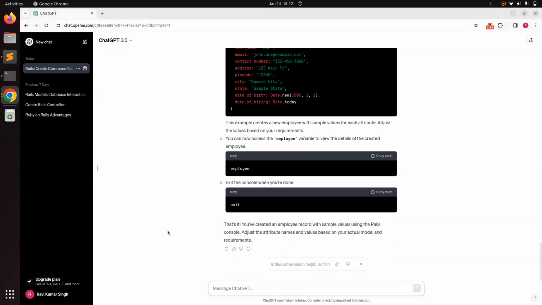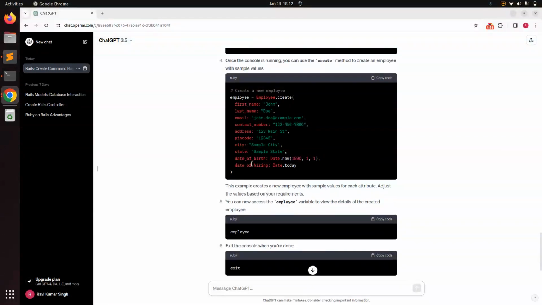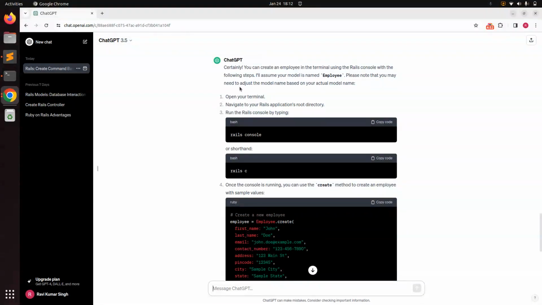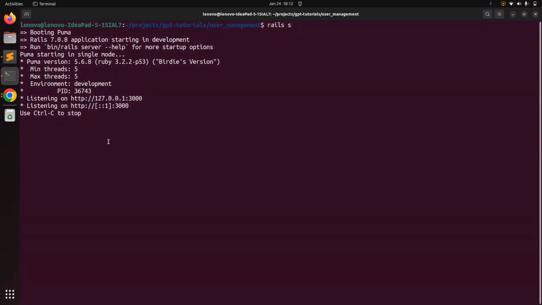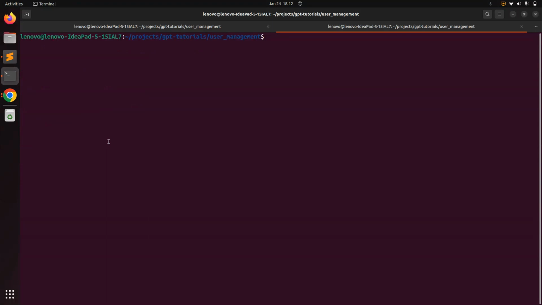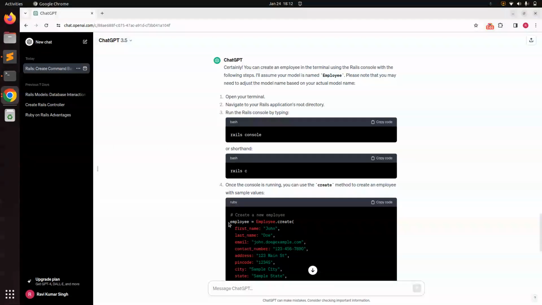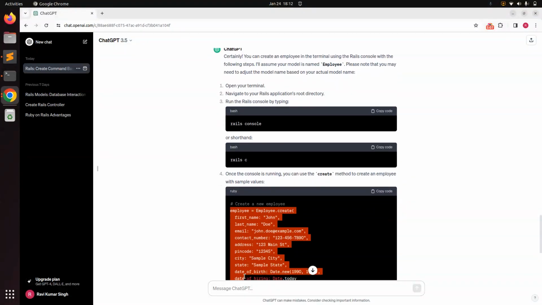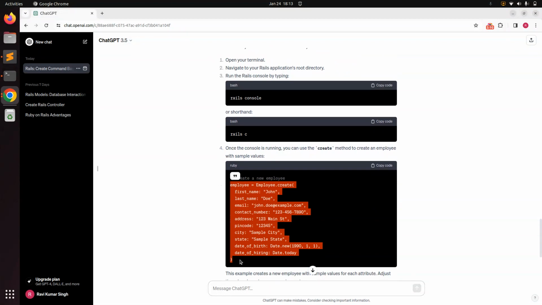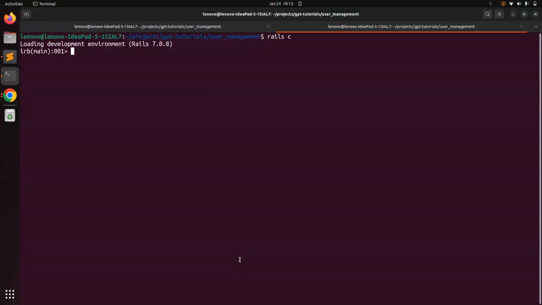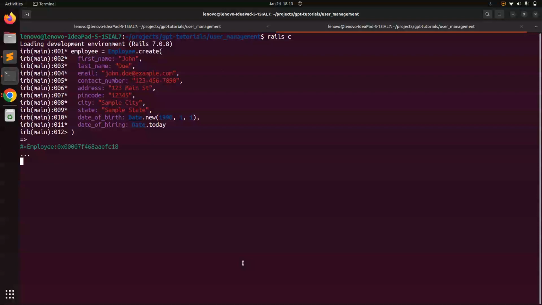Here you can see that it has created date of birth, date of hiring, first name, last name, email, contact number, and so on. Now you just need to open the Rails console. First come to the terminal and open a new tab. Here run rails console, or rails c, and then copy and paste this create query. When you submit this you will see